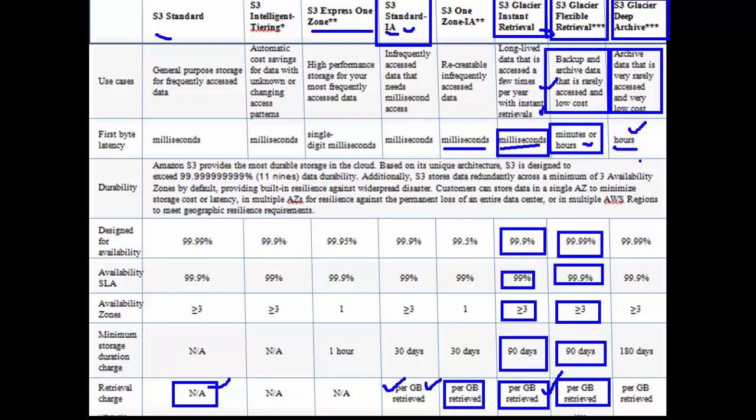Durability is the same for all. You will get your data back, 100% you will get your data back. The availability should be the same. Retrieval time can take hours and hours, but availability must be there within an hour or depending on the data size. Same reliability, you can say, it will use more than 3 availability zones to save your data, but the minimum